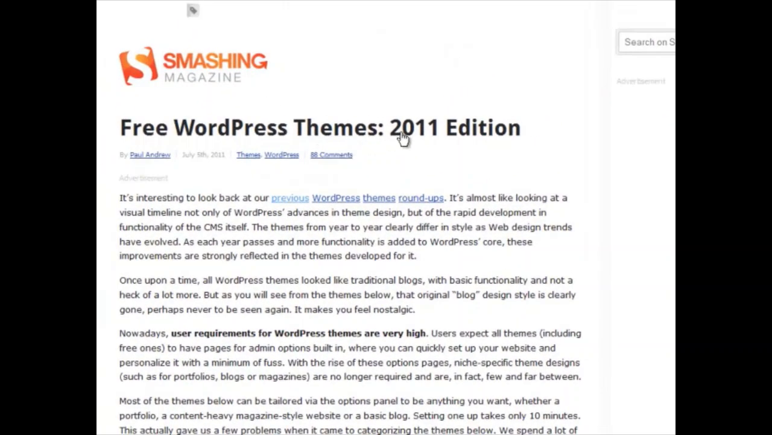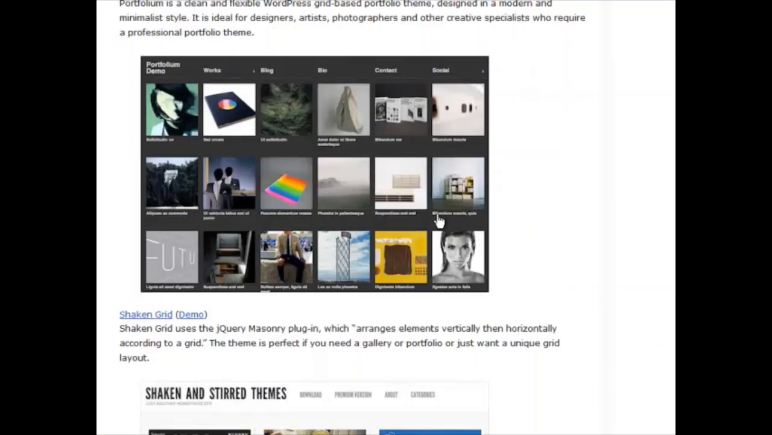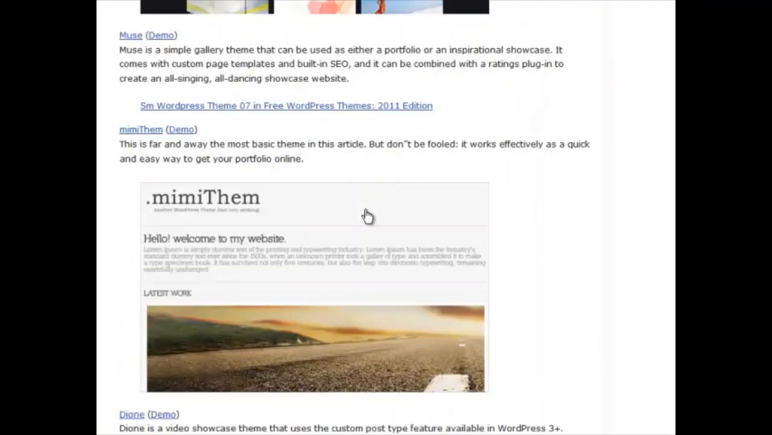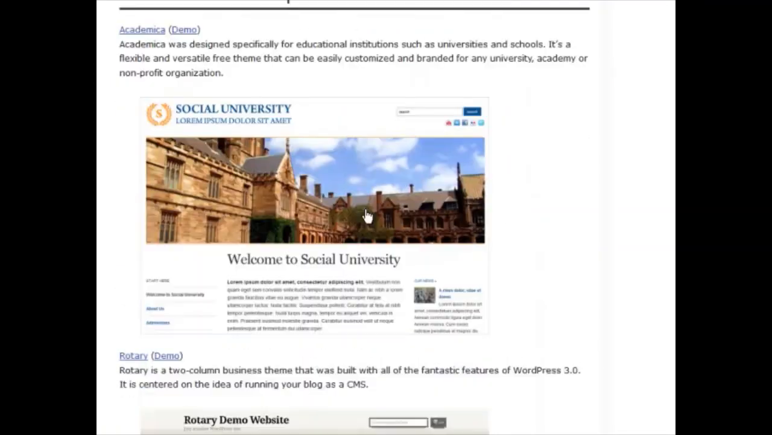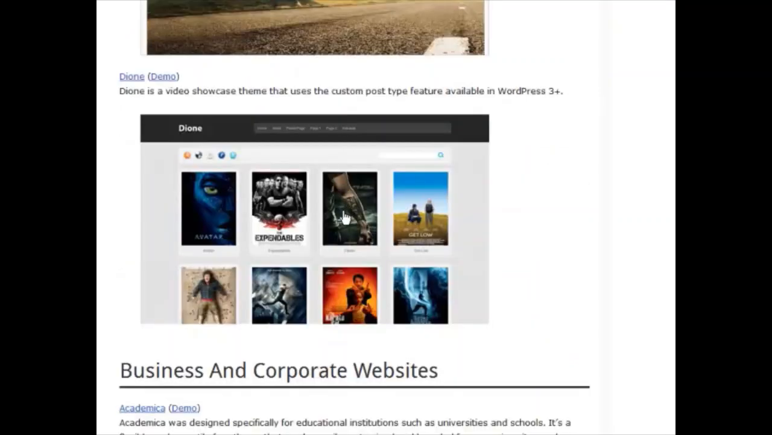Free WordPress Themes 2011 edition. Here's a whole bunch of themes here. And they're all pretty nice. Like I really like